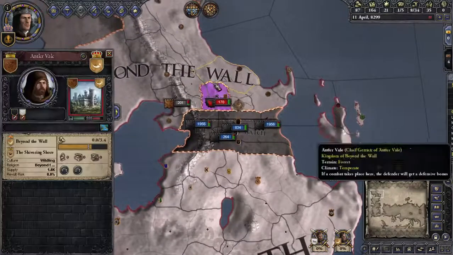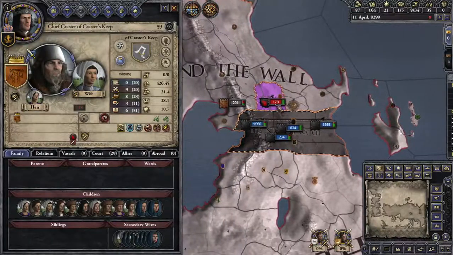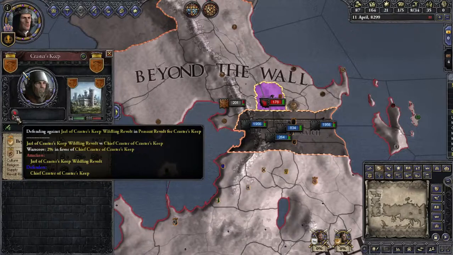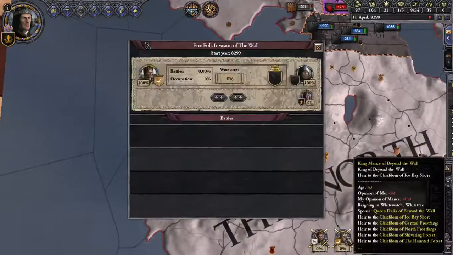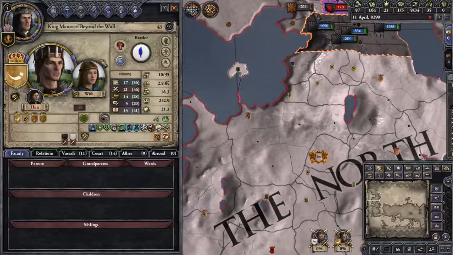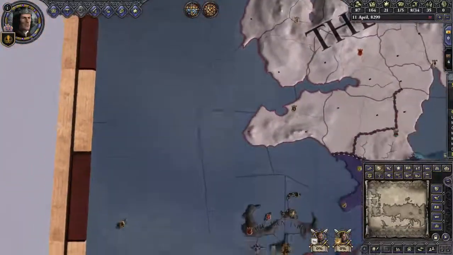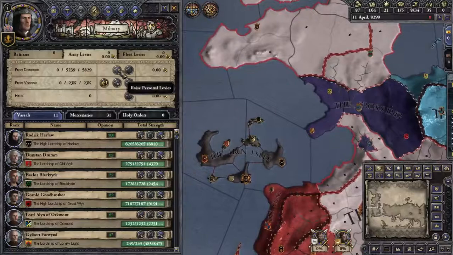I think they're taking... Oh, Craster. I think people are a little bit annoyed with you. Defending the Earl of Cross's Keep, wilding revolt, the peasant revolt for Cross's Keep. Alright. That it? Seriously? And the Free Folk invasion. Mance is attacking. Alright. Well, let's say we'll join, but we're not doing anything about it. What we are going to do things about are...